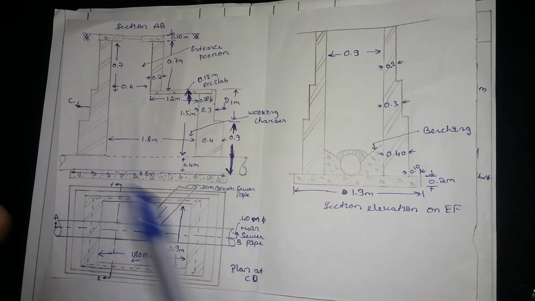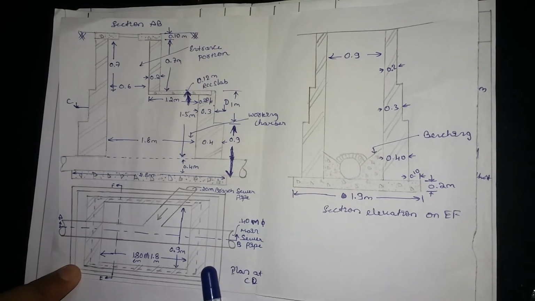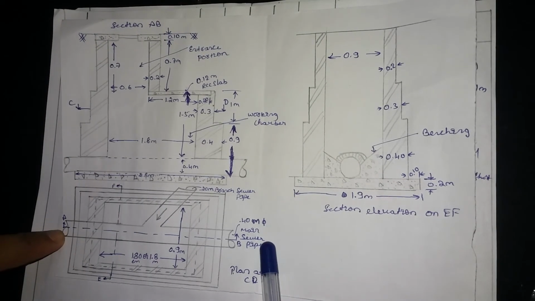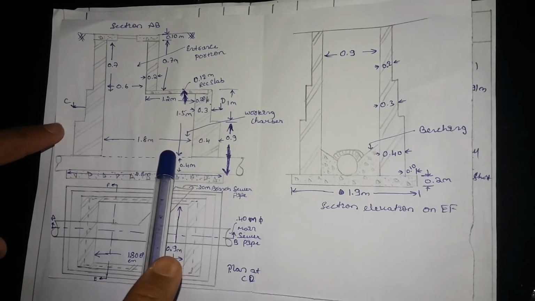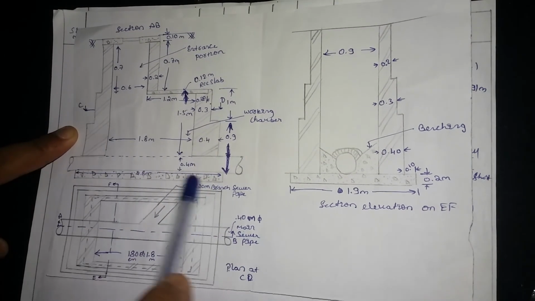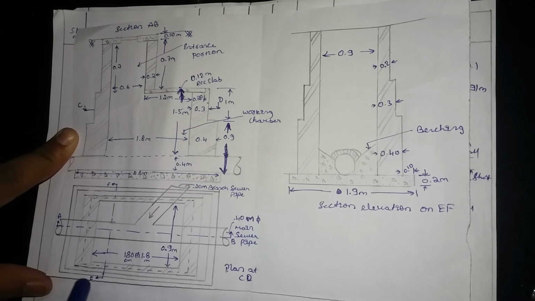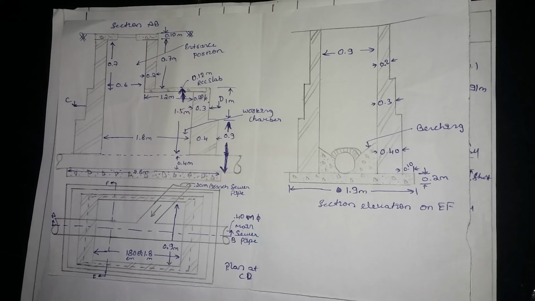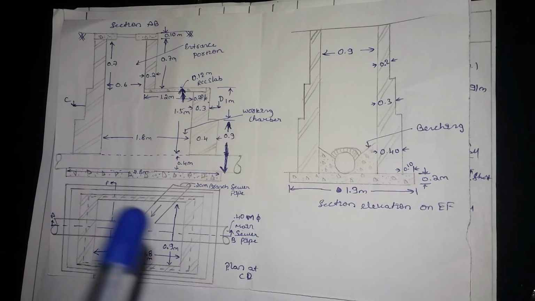This is a plan. To understand better, we took the section lengthwise, and that section is named AB. This is how it looks when the AB section is cut lengthwise, and this is how it looks when cut breadthwise, the section EF. Now we need to calculate the quantities, and we should only focus on what is asked in the question. Though the figure looks complicated, when you go on calculating the quantities, it is very easy. This is the manhole part I have taken.